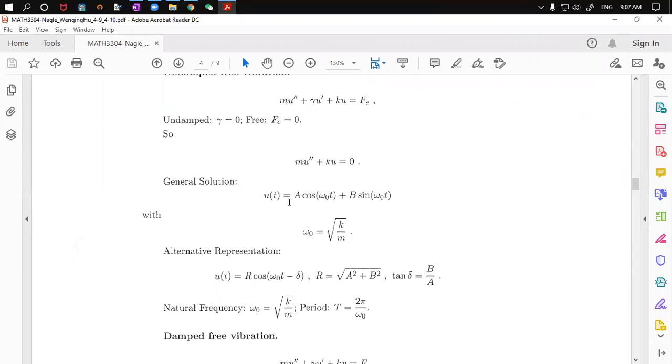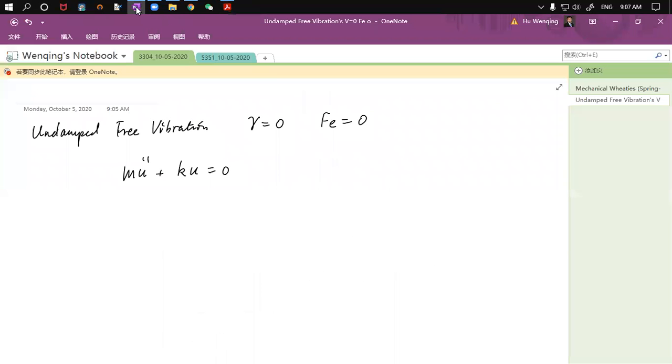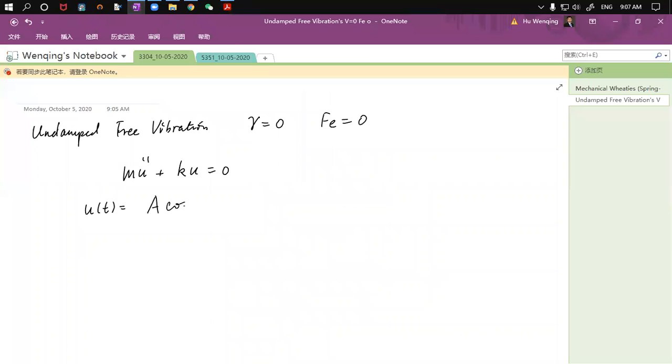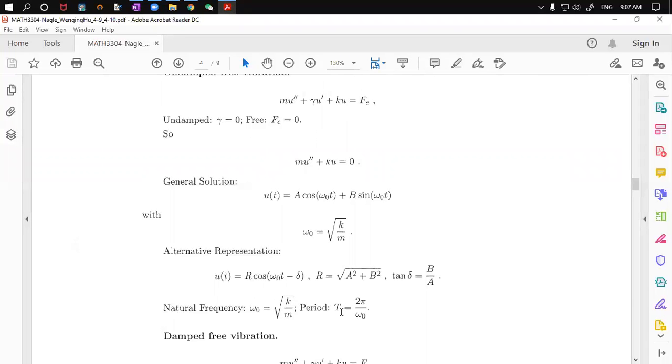And by characteristics, so we've been trying to say things about characteristic equations. By characteristics, you will be able to solve this equation, and the solution will be u of t is equal to a times cosine of omega 0 t plus b times sine of omega 0 t, where omega 0 is equal to the square root of k over m, and a and b are determined